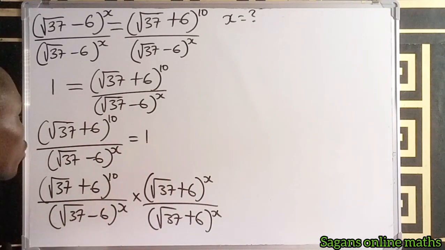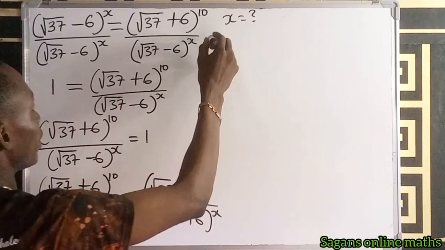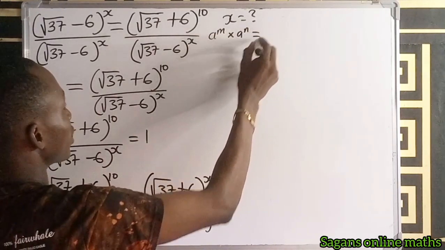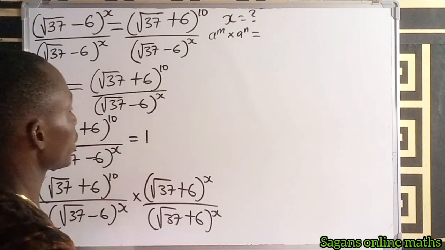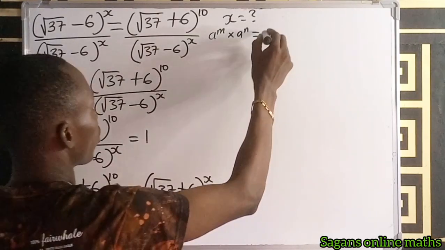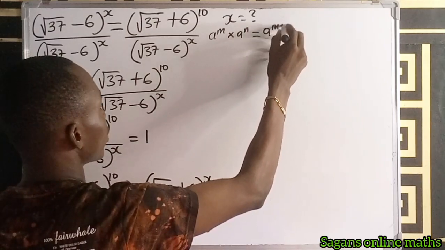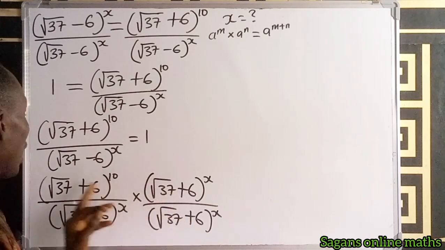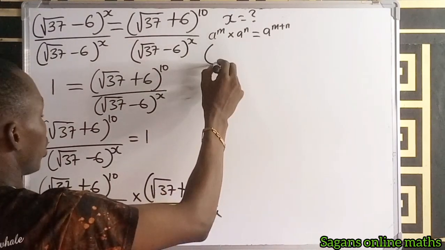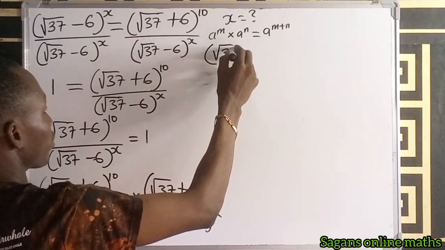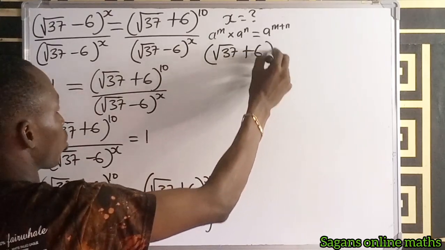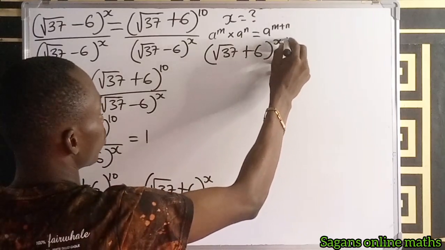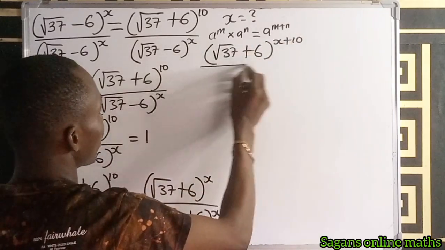Now let's obey one of the properties of indices. If we have a^m multiplied by a^n, this law states that when the bases are the same, we should take a single base and add the exponents. So now it becomes a^(m+n). Since this is multiplying by this and they are the same, we can take a single base, which is √37 + 6. The power here is 10, the power here is x. Let's add it. That becomes x + 10, all divided by